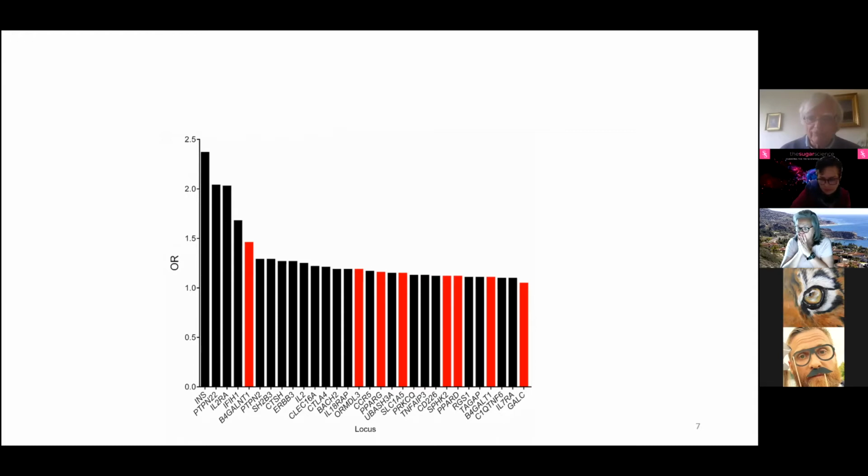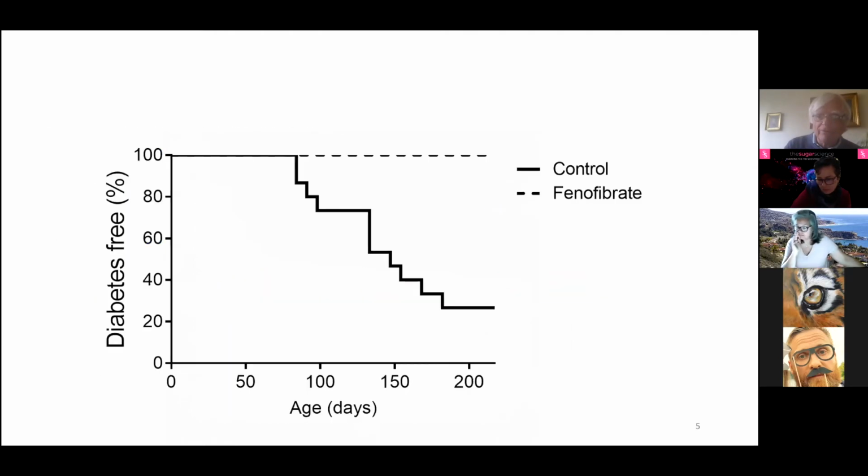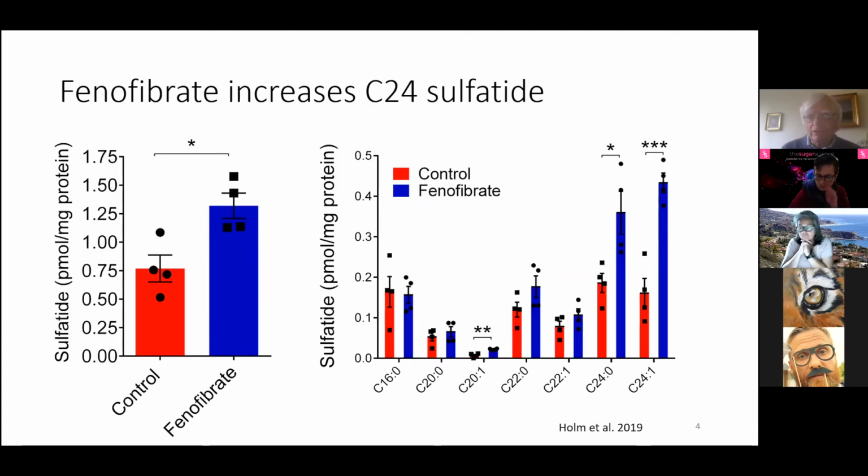So in a nutshell, what Karsten has shown is if you take fenofibrate, you actually increase the good sulfatides, which are protective of the beta cell. And this is very much in line with our idea that if you give beta cells some peace of mind, the immune system is no longer interested in that. So that is in a nutshell what Karsten has shown. It's even more complicated, but I was glad that Karsten gave you the high level introduction. But this is what this has been doing.